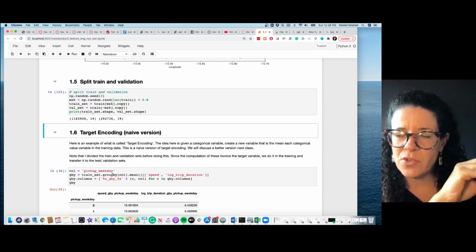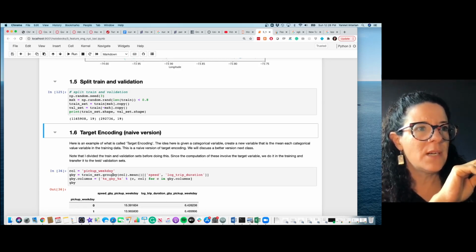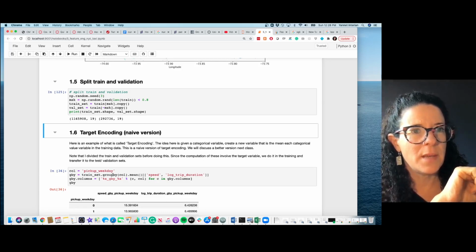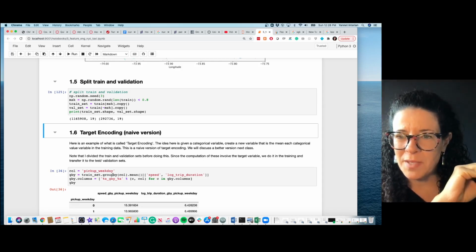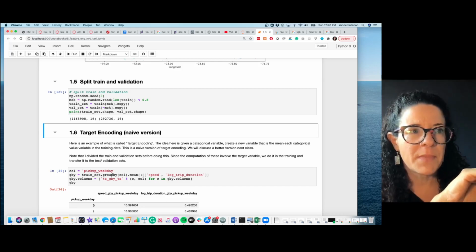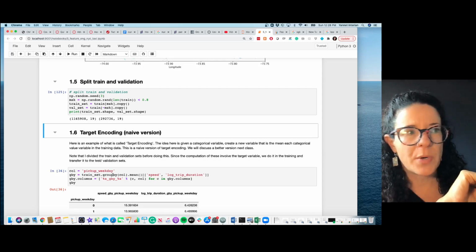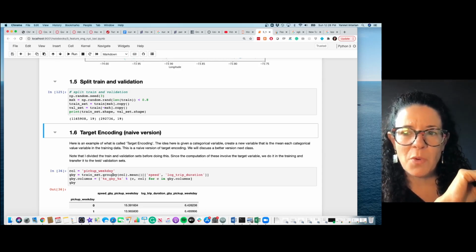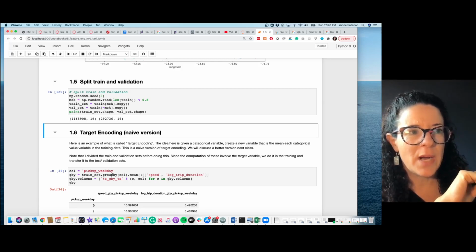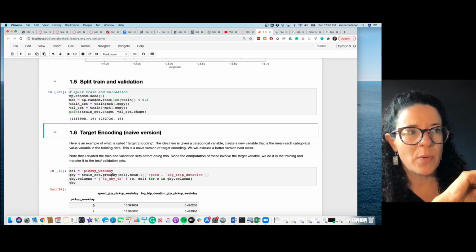And in the next part of the lecture, I'll show you how to do a much more sophisticated version of target encoding. So the idea of target encoding is basically to cheat a little bit, right? Suppose you think about any categorical variable. For example, in this case, think about the column pickup weekday. Okay, so the idea is that I, for example, can use the trip duration by pickup weekday, which I